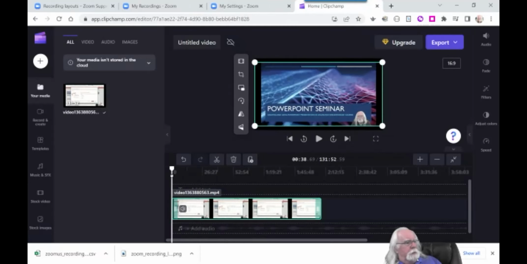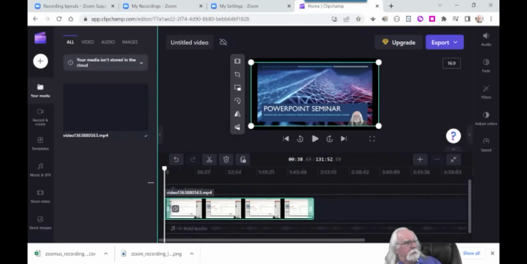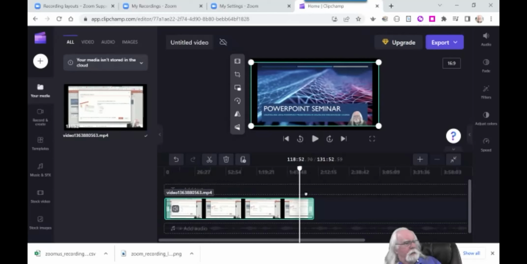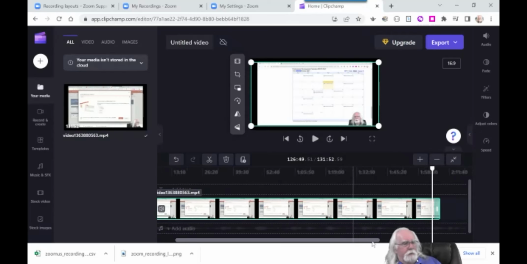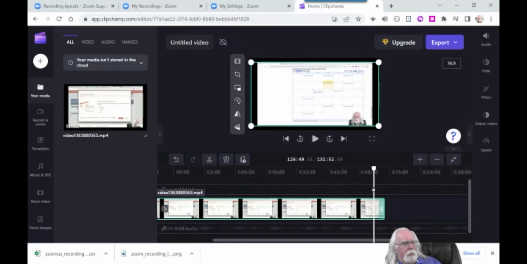If I want to cut a piece of the video out, like maybe I've got a little bit at the end that I want to get rid of, I can magnify this too so that I can see it better. Let's say I just want to cut off a piece of that video. I just put the white bar here, the vertical bar, at the point in the video, which I can verify by looking at the preview window here, and just click this,